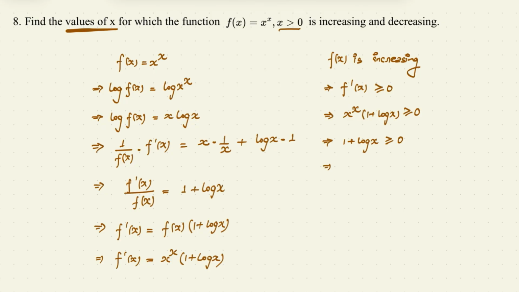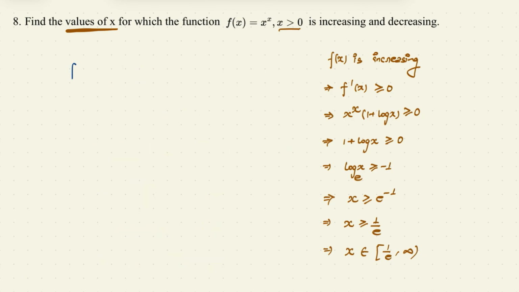So from here I got log of x is greater than or equal to minus 1, and since this logarithm is a natural logarithm, the base is e, and we know that in this case we can write e to the power minus 1 as x. So this implies x is greater than or equal to e to the power minus 1, and hence x should be greater than or equal to 1 by e if the function should be increasing. So from here I got an interval, that is x should belong to [1 by e, infinity). So at this interval the function is increasing,